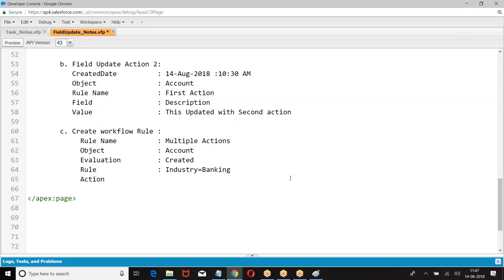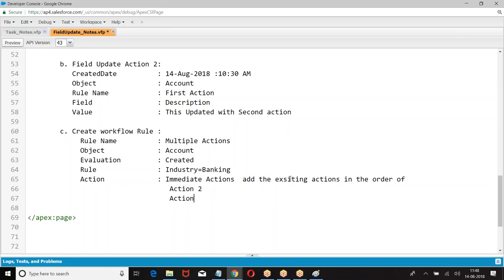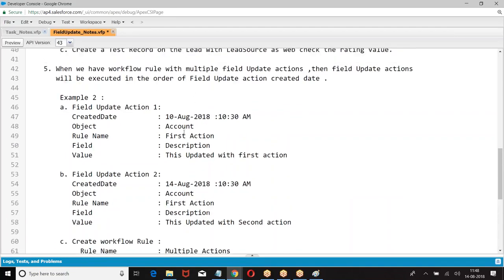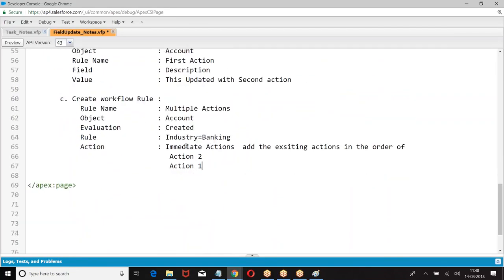Action: add the existing actions, order of. Now we have workflow rule with two actions. One workflow rule with two actions. Then what we are supposed to do?